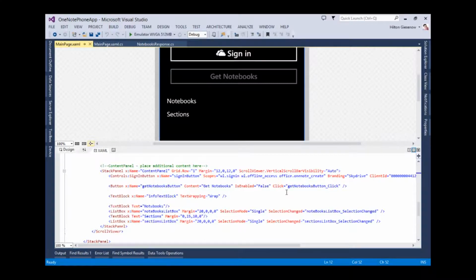So the Live SDK as well as the Newtonsoft JSON libraries have been imported via NuGet packages to this application. And in addition, I have a little bit of UI wired up here as well. So I have a stack panel with the Live SDK sign-in button, as well as a button to get the notebooks. You'll notice that it's disabled for now, so once the sign-in is complete, we'll be able to get the